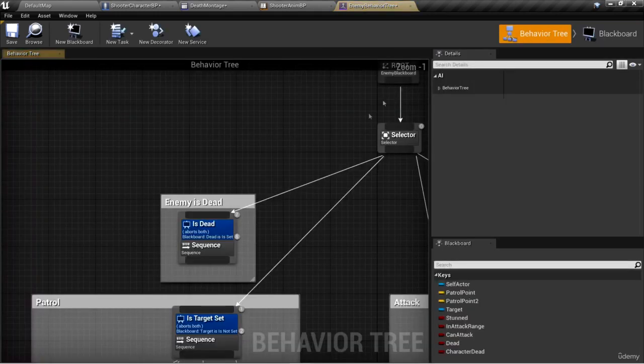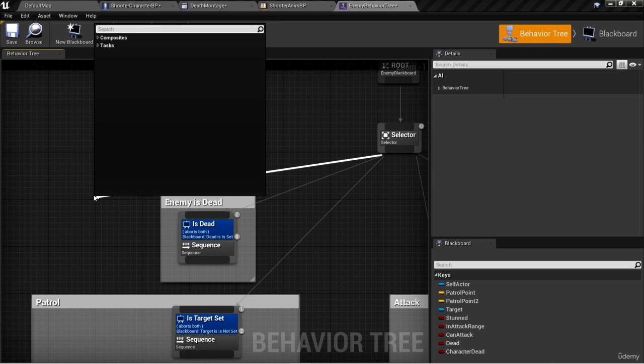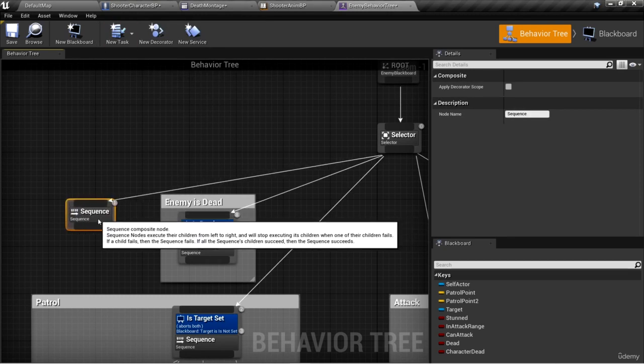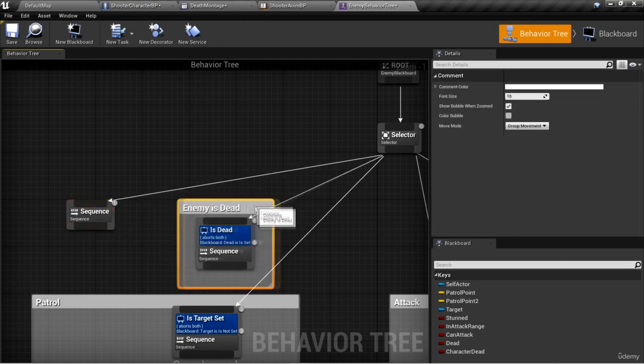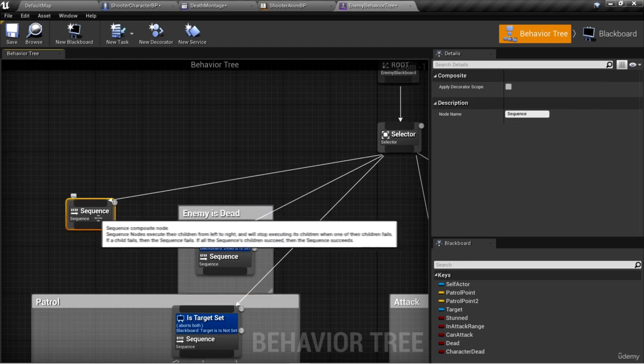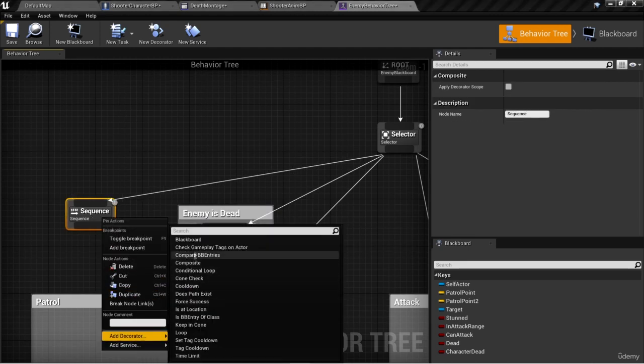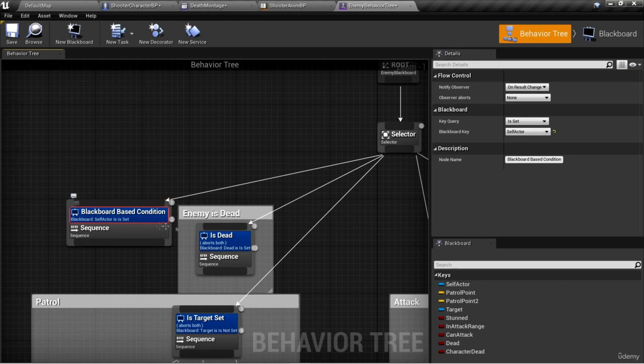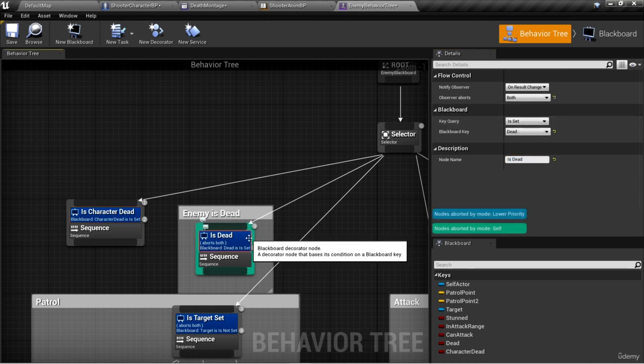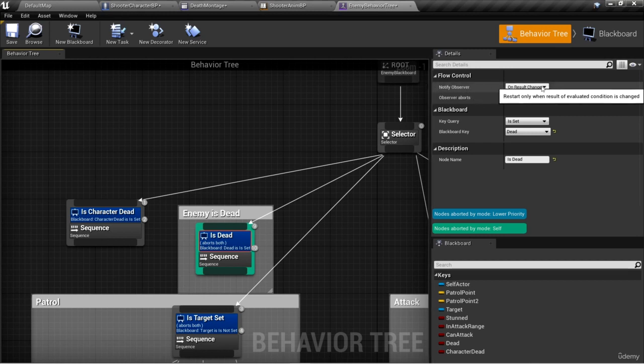And here in the behavior tree, we can simply drag out and create a new sequence. Now this sequence can have nothing on it, just like this enemy is dead branch here. Only for this one, we're going to give it its own decorator and choose blackboard. And for our node name, we can rename this is character dead. Now we simply need to take our blackboard key and set it to character dead and leave the key query to is set. Now just like the is dead decorator, we're going to use notify observer on result change,